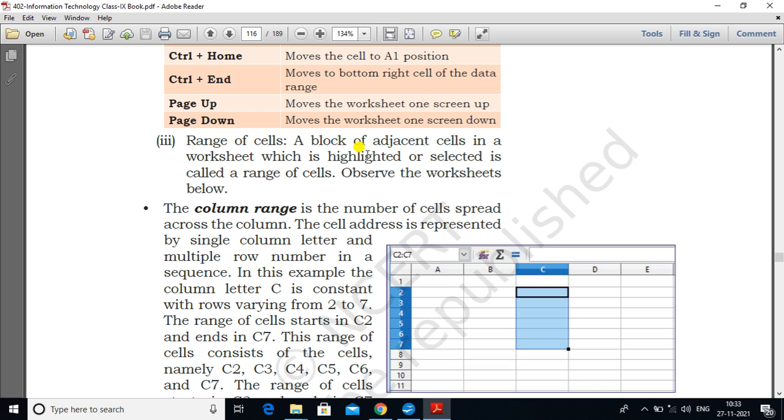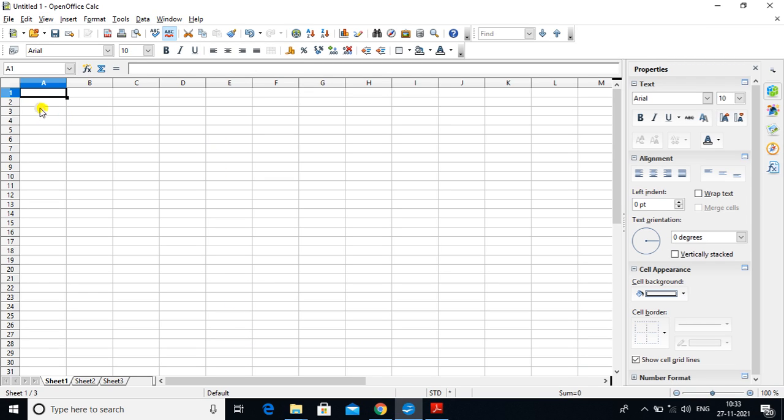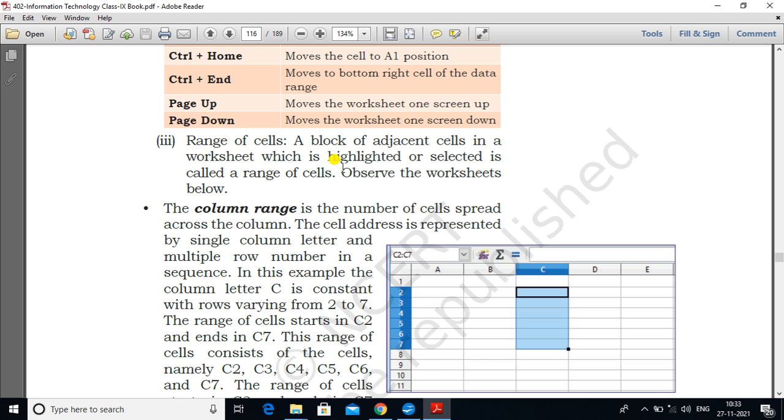Range of cells: a block of adjacent cells in a worksheet which is highlighted or selected is called a range of cells. Okay. If I select from B1 to B10, this is B1 and this is B10, column B, the continuous cells I selected here, and these selected cells are highlighted.